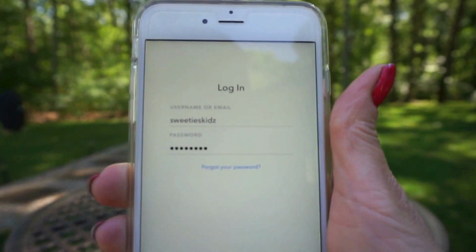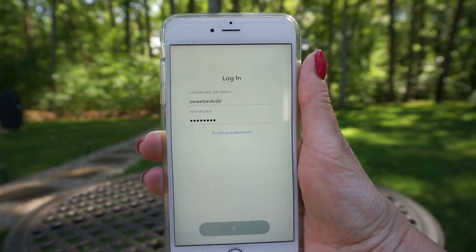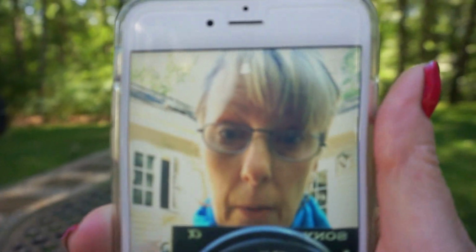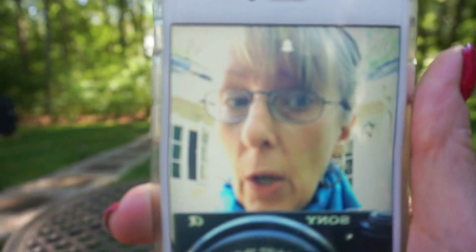Alright, whoops, there we go. Logging in. I have it on my Wi-Fi. One thing you will need to know about Snapchat is it takes a lot of data. So, alright, the first step is when you are logged in, you'll probably be looking at your